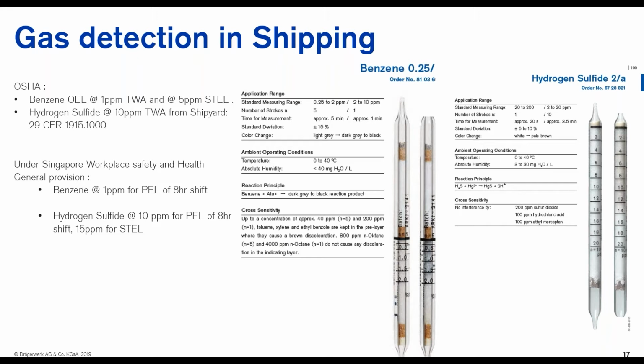The general rule of thumb is that when you take measurements and there is a high concentration, the first stroke or the first few strokes will show discoloration. In a dual scale system, the higher concentration range requires fewer strokes, and the lower concentration range requires more strokes, so the volume of air required for the lower range is greater. In application, if there is discoloration in the first stroke, it means the concentration in the space belongs to the higher range, so the workers should observe the higher range strokes.